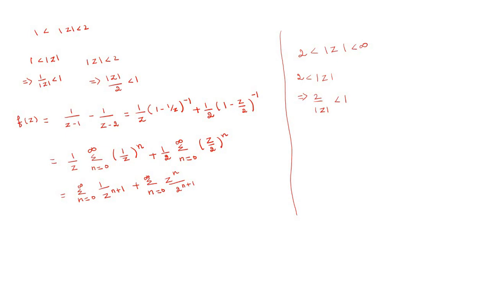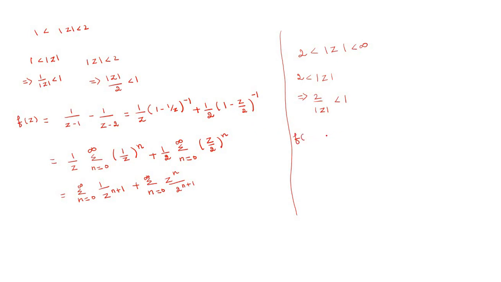So therefore the second factor can be modified in terms of 2 by z. Since 2 by z is less than 1, therefore 1 by z is also less than 1 by 2, which is also less than 1. So therefore we modify the f of z